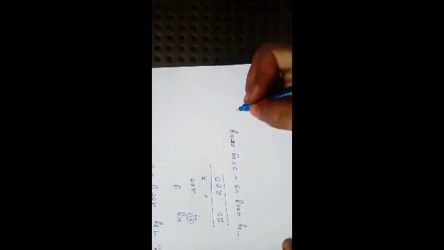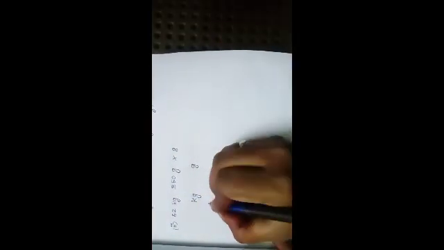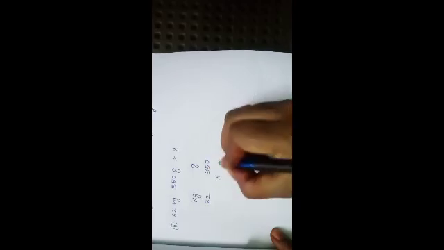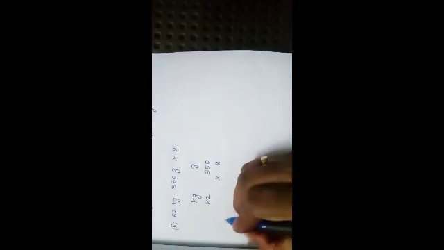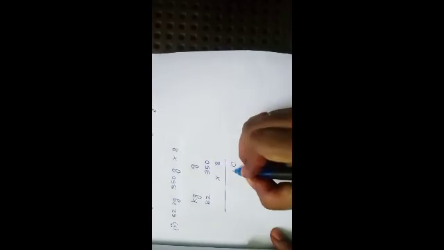Yes, let's move on to the next sum. The second sum, 52 kg 350 gram multiplied by 8. So here also we have 2 units, that is kg and gram. But here which table do we want to know? We want to know the 8 table. The 8 table is a little bit difficult but we learned it already, so it is easy. We will do it now. Under kg we should write 52 and under gram we should write 350 multiplied by 8.